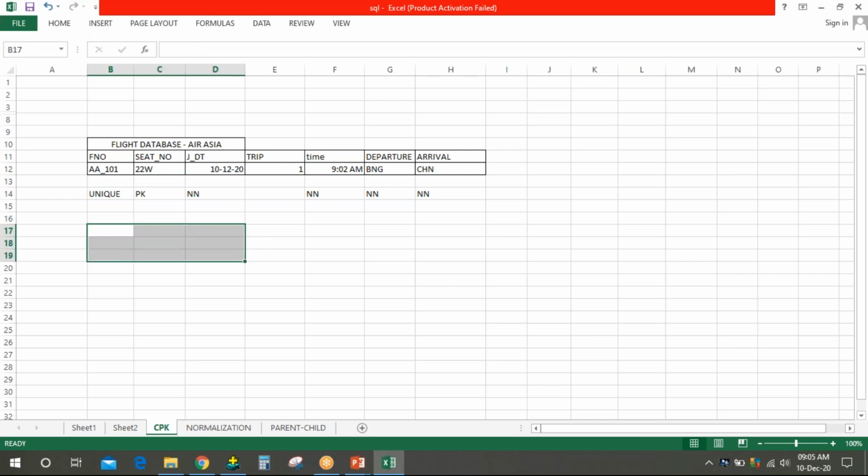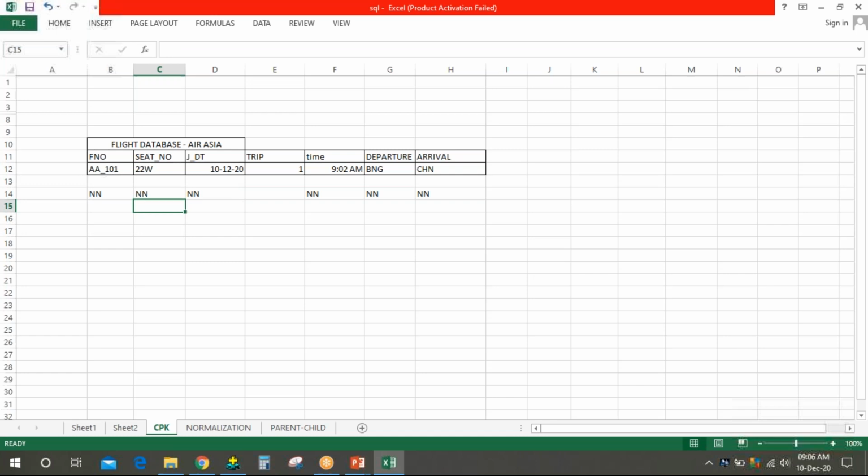Then no constraint, not null. Okay, fine, not null can be accepted. Then this, even this is not null.